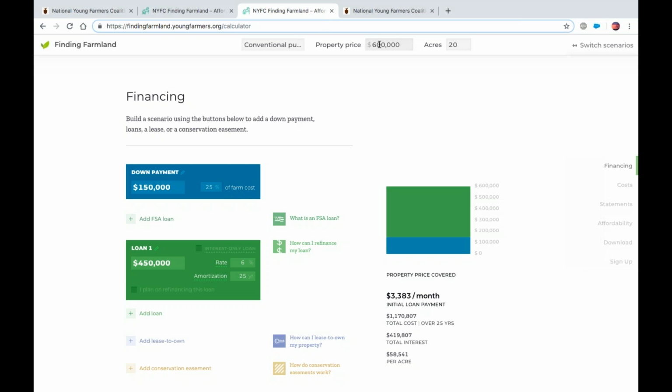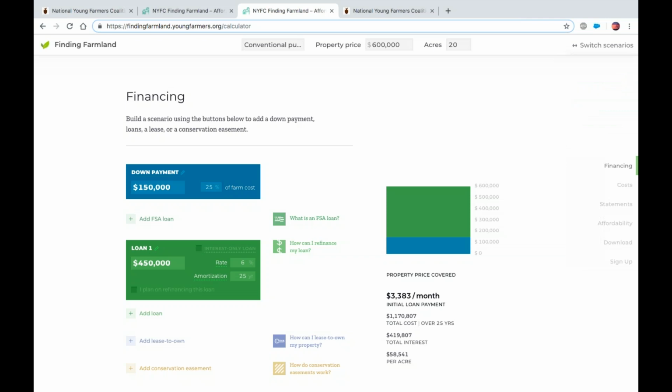But you could also just put in different properties here and put the address as the name or something, and just compare what the costs are between different properties and the same financing options. And in the top right here, you can just switch between scenarios. So I've got this one $600,000 property set up as a pretty conventional purchase, joint financing with FSA, and our pathway to ownership example.